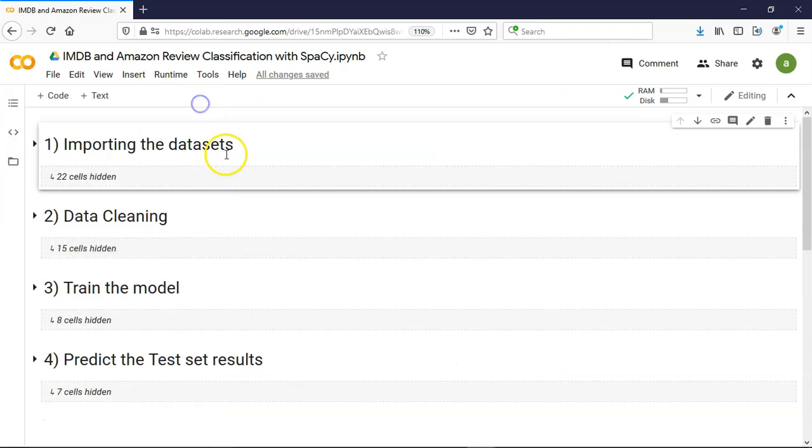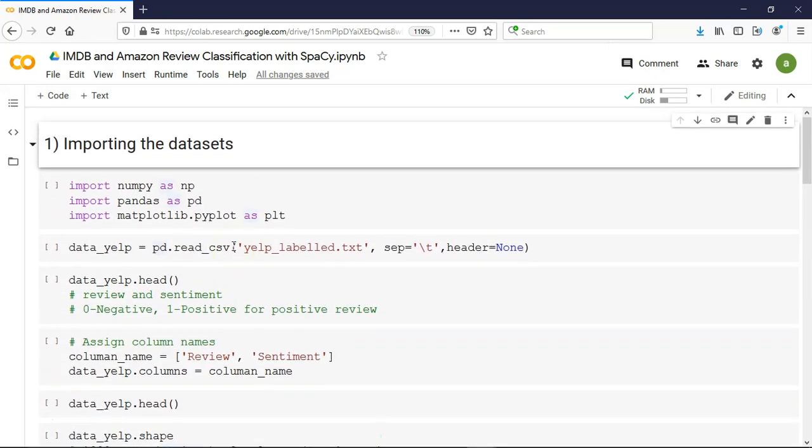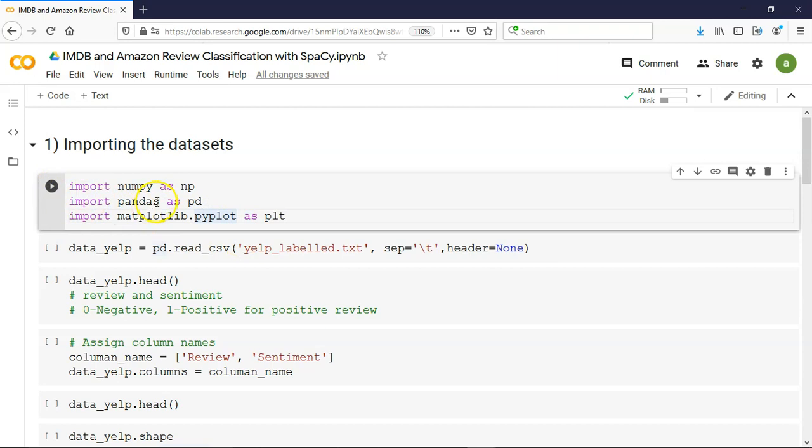Now for this particular project I have already created this notebook. So let's walk through it very fast because the majority of steps are very common with respect to other projects, and every single line of code has been heavily commented. Alright, so first, as usual, we are going to load the required libraries.